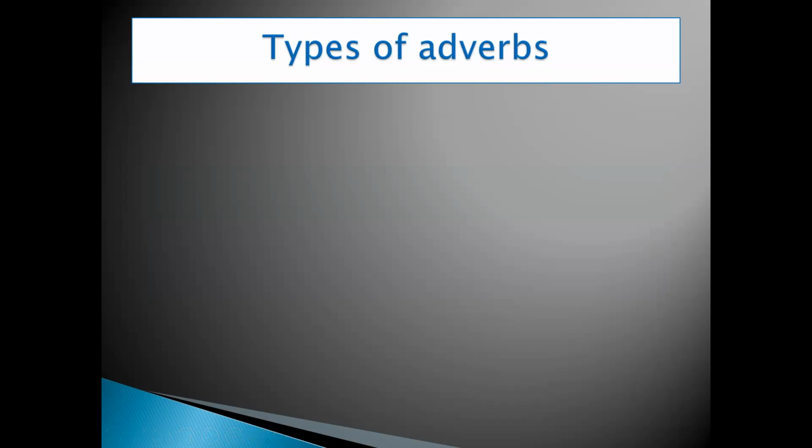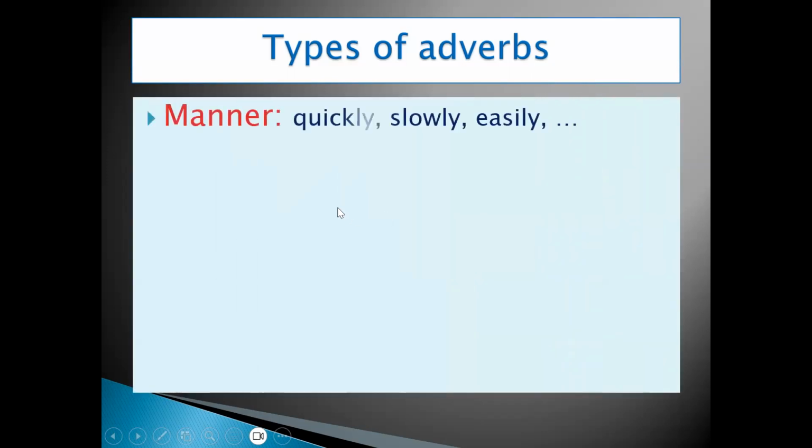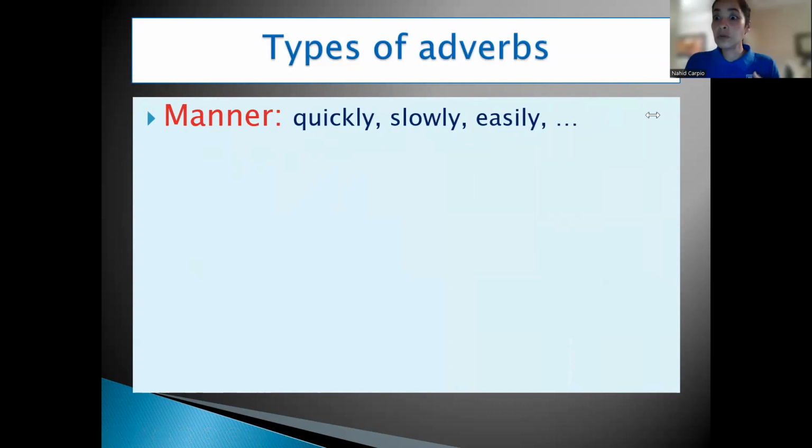In adverbs, we have different types of adverbs. I am going to show you the different types of adverbs. But in class, you are going to learn adverbs of manner. Okay? We have the first, adverbs of manner. This is the adverb you are going to learn today. In adverbs of manner, you describe the verb or the adjective, okay? For example, quickly, slowly, easily.